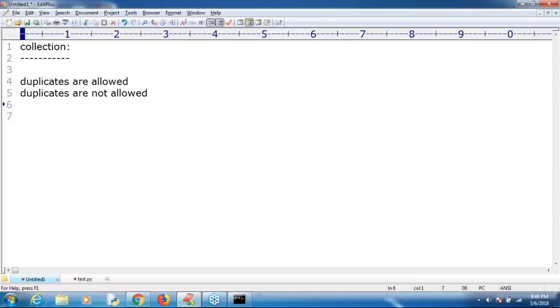Similarly, sometimes, sir, insertion order must be required. In whichever order I added, in the same order only I want. But sometimes order is not important. Based on our requirement, we should go for the corresponding collection. Remember this one. Are you able to understand, right? Based on our requirement, we should go for collection. Sometimes my requirement is